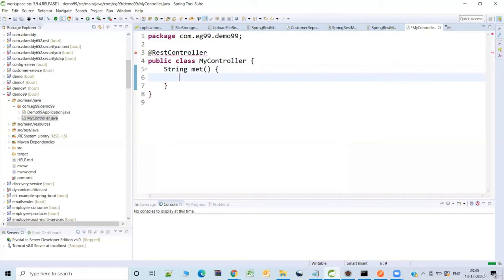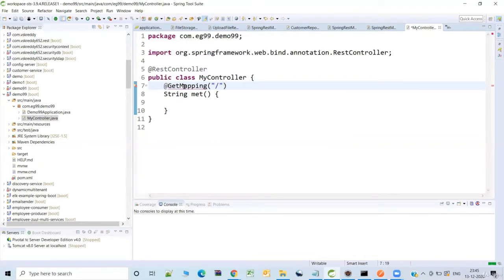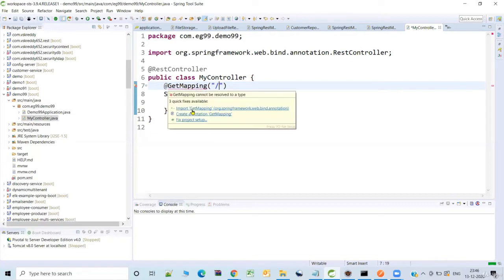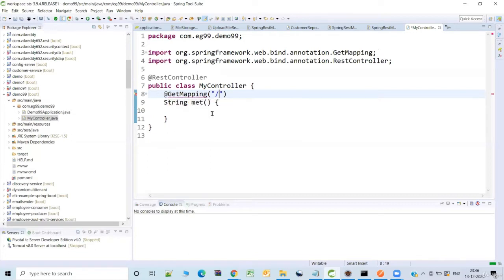So here what I'm going to do is, let me expose it as a GET REST endpoint. I'm just fixing the compiler errors, so it is just by adding the appropriate imports. Now let me return here, return hello world.